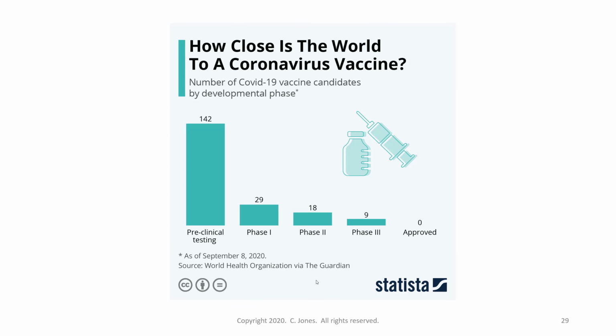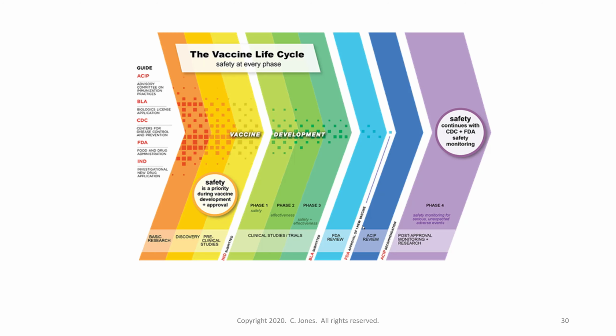All right. So how close are we to a vaccine? As of September 8th, none are approved, but 9 are in phase 3. And remember, if the vaccines successfully complete phase 3, then they go to the FDA, and the FDA can approve them. And we are expecting approval of several of these vaccines in late December, early January, maybe February. And all vaccines have a life cycle, and this is just another slide that sort of illustrates all of the different processes here.